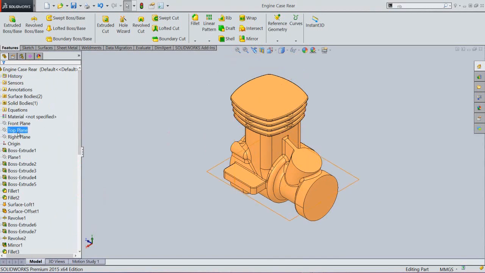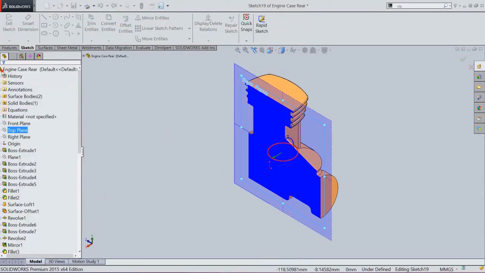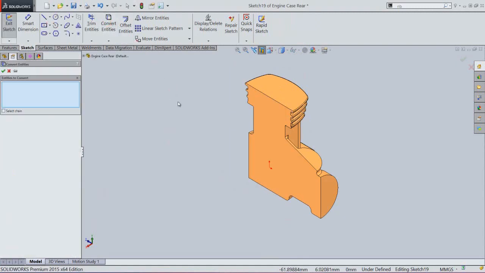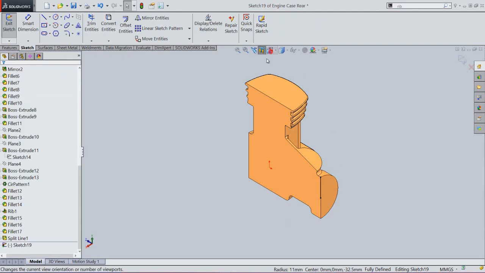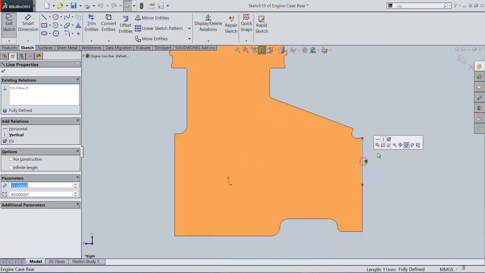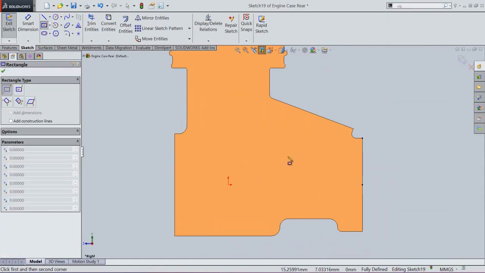Choose right plane and select sketch. Activate the section view. Take the project of this edge. Okay. Rotate the model. Convert this line into a construction geometry. Now we will create a rectangle 17 mm by 16.1375 mm.